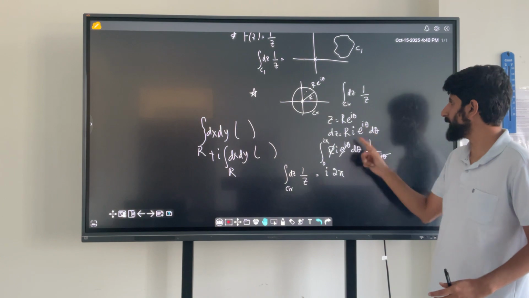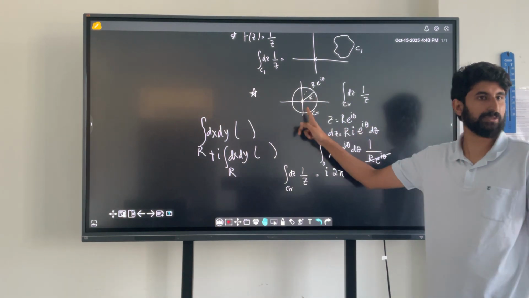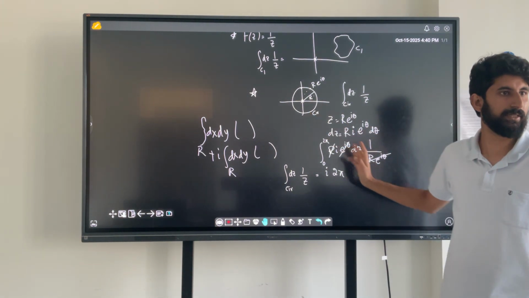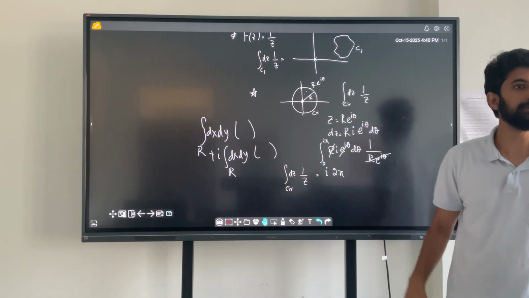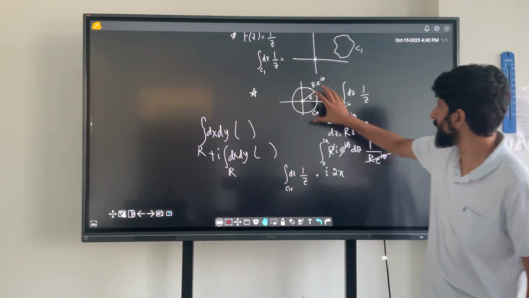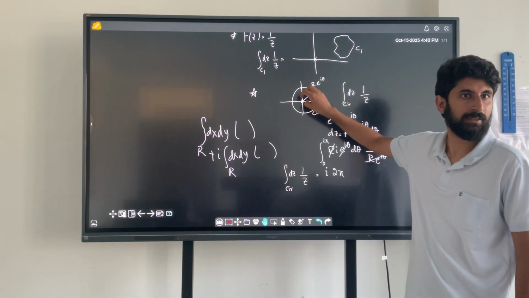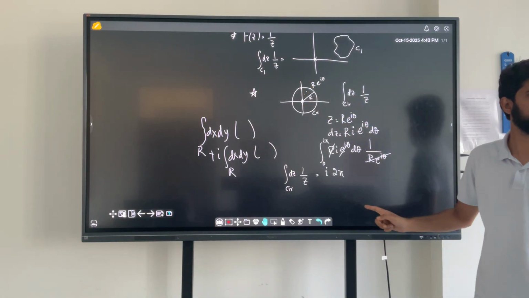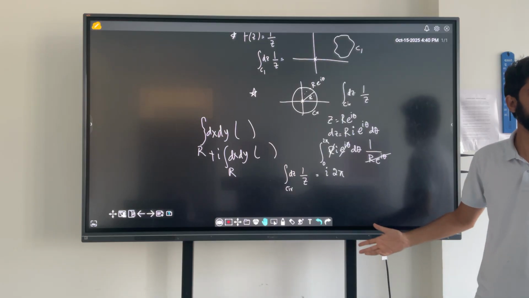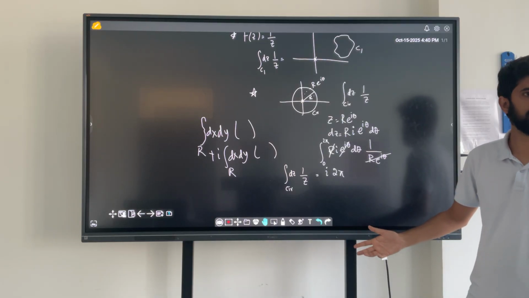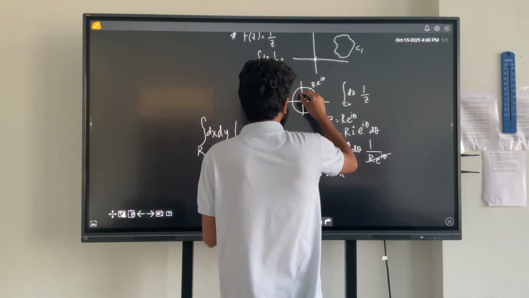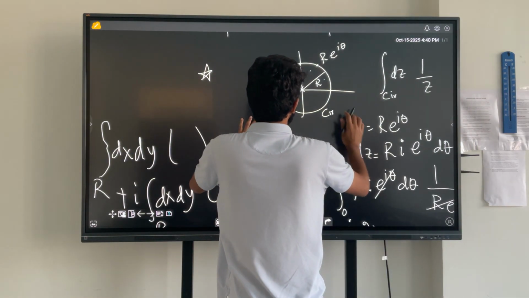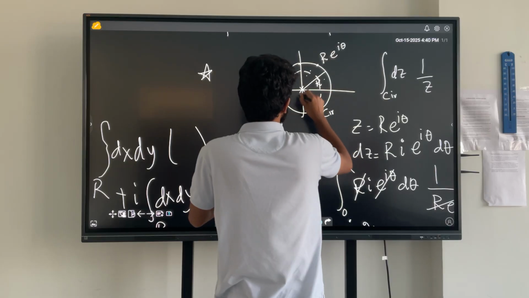This integral is independent of the radius of the circle you chose. It didn't depend on the radius, right? You got 2 pi i, even if your radius was capital R, it could be anything. So if you make this R smaller, your integral will still not change. It will still be 2 pi i. So when you make R smaller, let's say you have taken R to be something smaller,